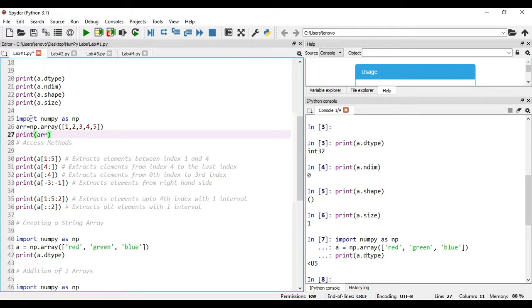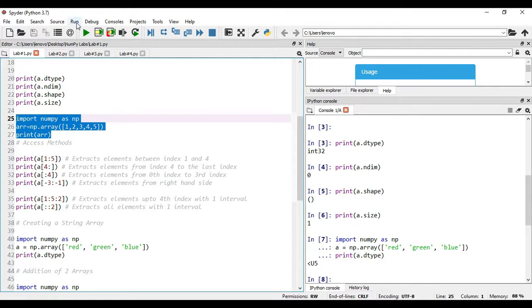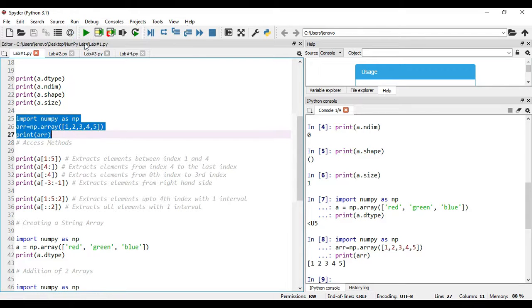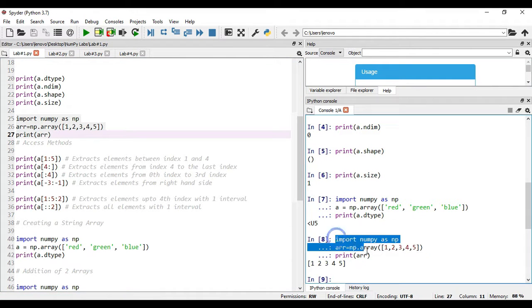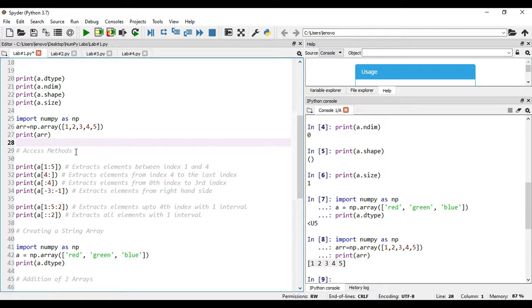In order to see the result of these three lines of code, first you save the file, select it and run the code. See, the code has executed successfully and it has given the list of elements present in the one-dimensional array, right? This is the way how you can create a one-dimensional integer based array, right? To this one, access methods are applicable. Why? Because as the array is holding more than one value, these access methods come into the picture.